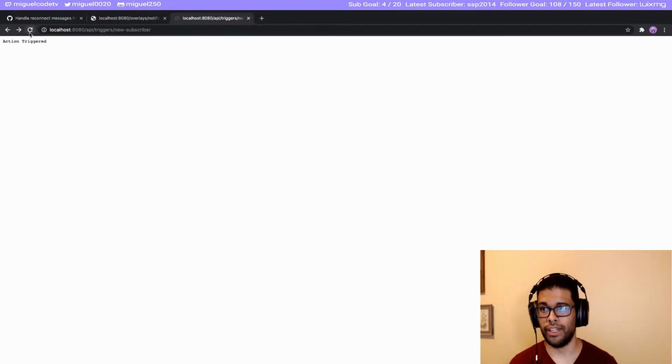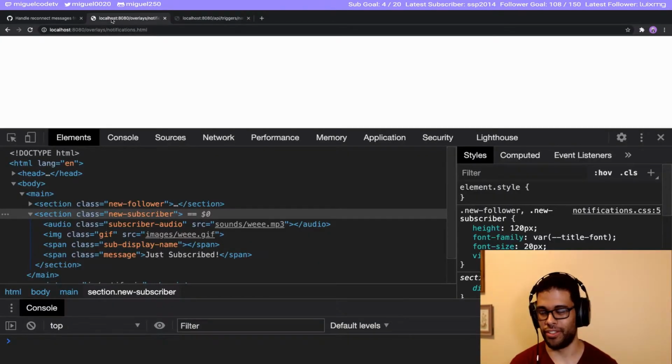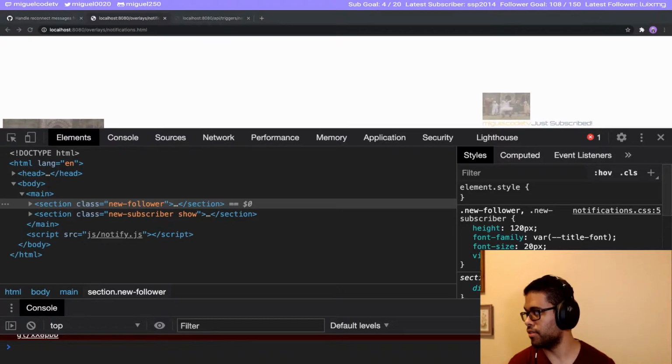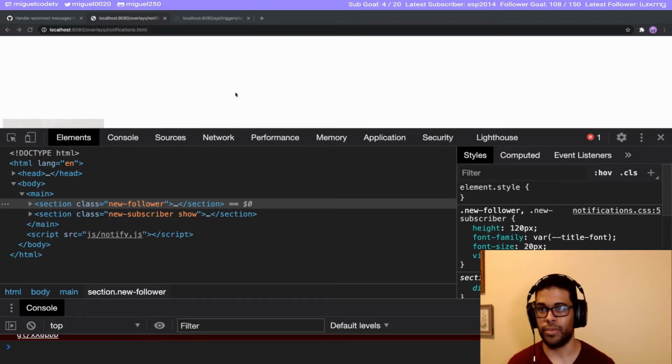Refresh. I'm so glad we did this, where we are able to trigger notifications without having to go through the pain of like sending out. Okay. Oh, I didn't refresh OBS. So every time I make a change to the CSS or HTML or JavaScript, I have to go back and refresh OBS to make sure it works correctly.